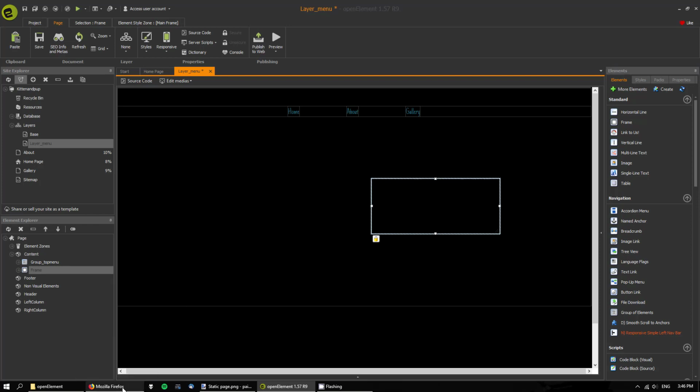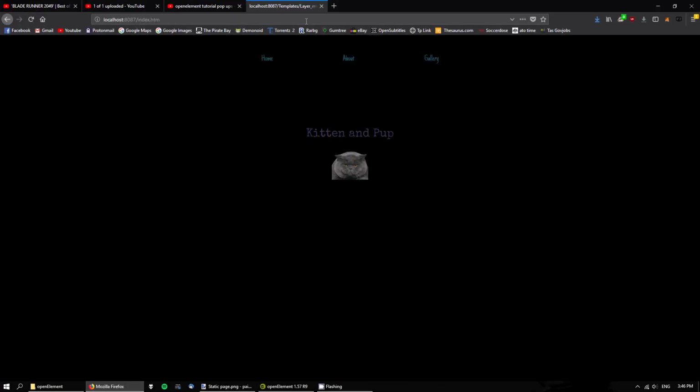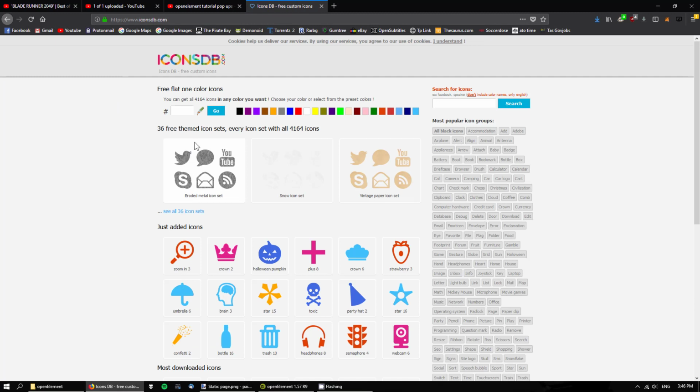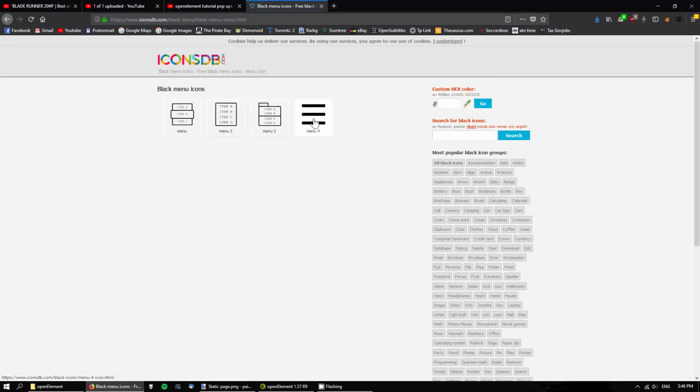So I just quickly, I tend to use icons DB to find. You can use whatever one you want. I just find this one's quite well designed. It's all free, and you can type in menu. Okay, there's one,